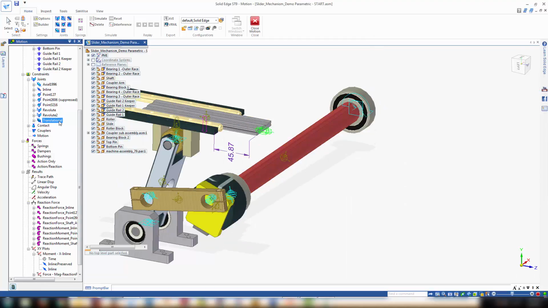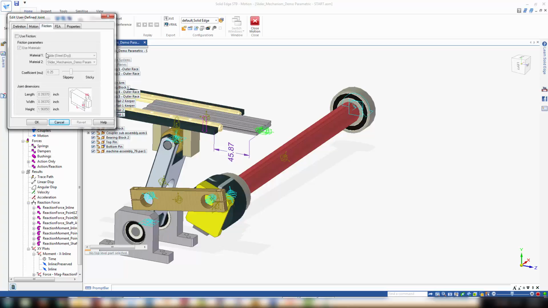Now I'll go ahead and add some friction on this sliding joint right here. So I'll right-click on that joint name, open the properties, and then I'll click on friction. Notice how friction is off by default. Again, I emphasize that crawl, walk, run approach. Start simple, make sure you've got the basics of your mechanism moving, and then apply more complexity as you move on. So we'll specify a value of 6,